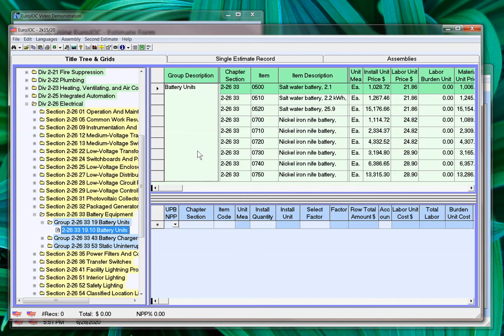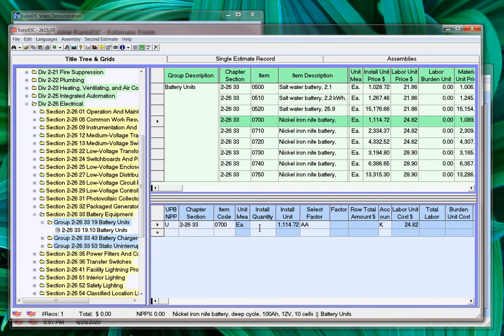The title that we just clicked on will be here in this column, and then each item is going to be here in this item description. Okay, so I'm really not caring what item. This is just showing you how to do it. So I'm not looking at specific items. I'm just grabbing something. Now you can double click this item, or you can drag and drop it, or you could type the item codes in if you like. So I'm going to drag and drop it,